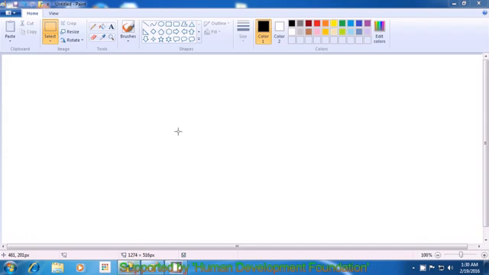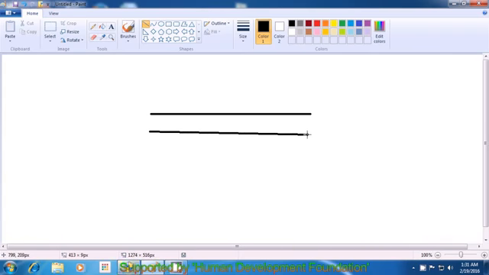In order to make this picture, first of all, you need to select the line tool. And to select the line tool, you will bring the cursor in the shapes box and left click with your mouse or touchpad on the line tool. Then you bring the cursor on the drawing sheet and drag it as is being shown in the video. Remember that to drag, we need to keep the left button on the mouse or the touchpad pressed and then drag the mouse. Or if you are using a touchpad, you will use your right hand finger to drag on the touchpad. Similarly, by dragging, make line number 2